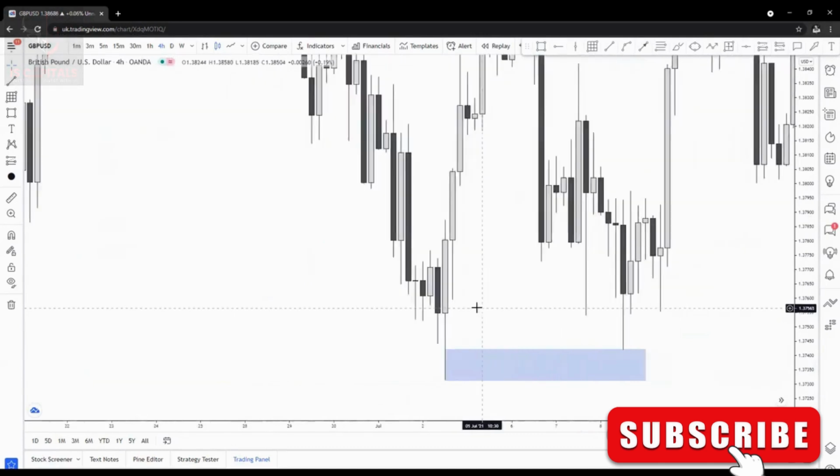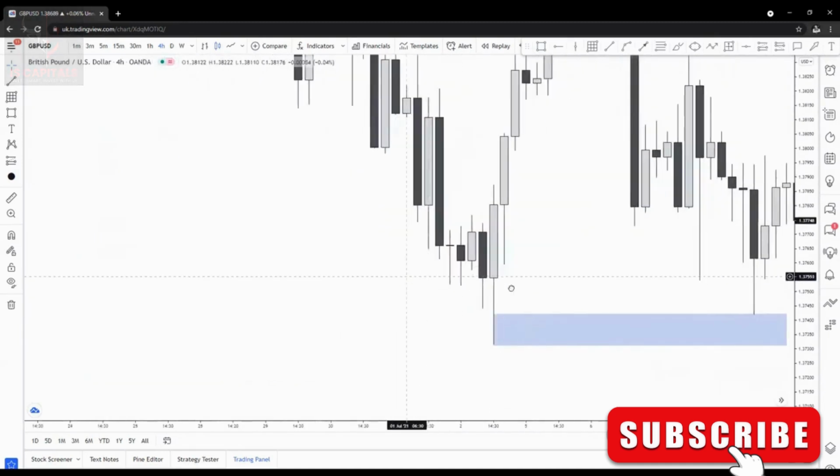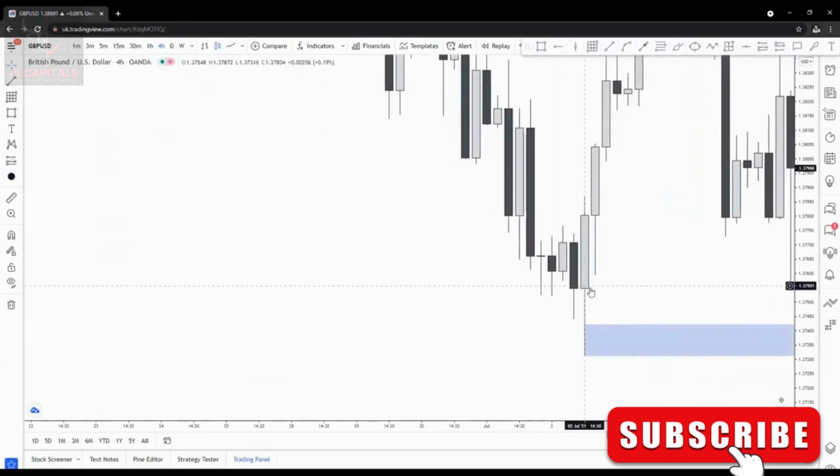So first at the base, and then at the middle. I told you this order block. This week acts as an imbalance plus order block. Okay, two in one. That's a two in one. This week acts as a two in one.